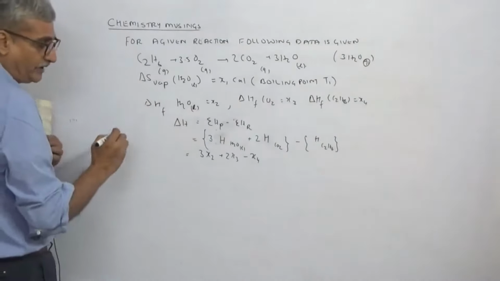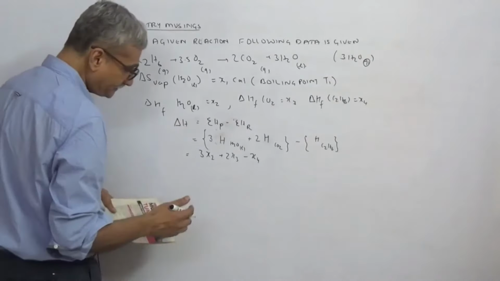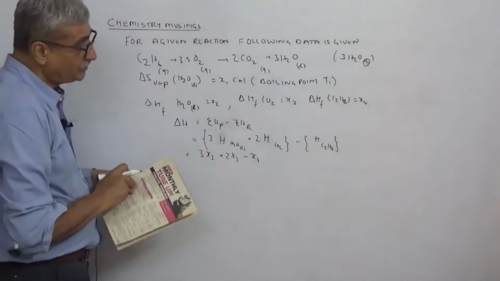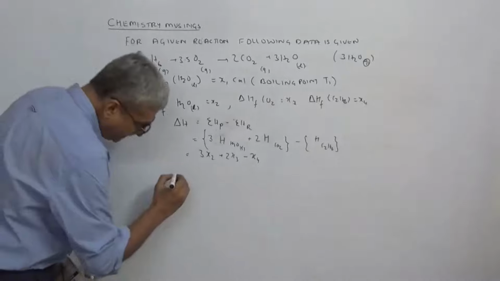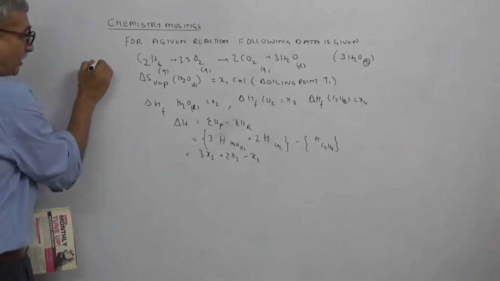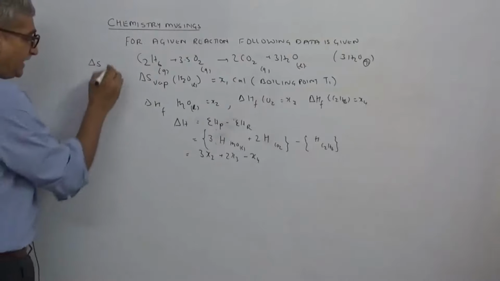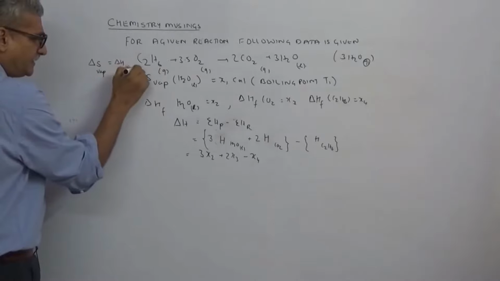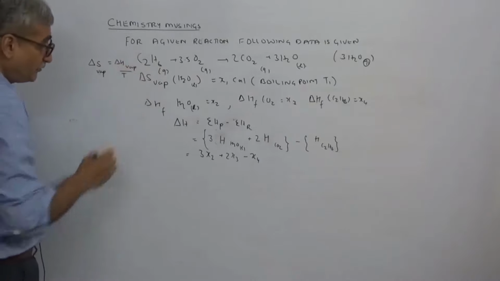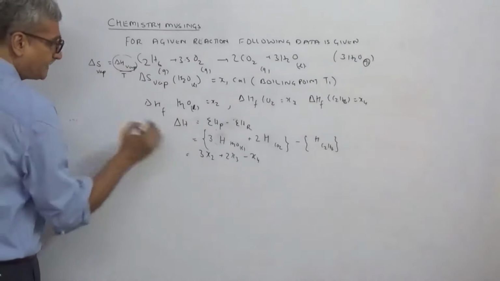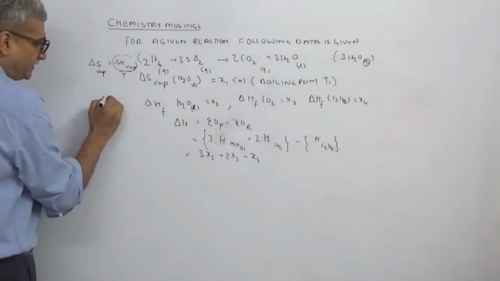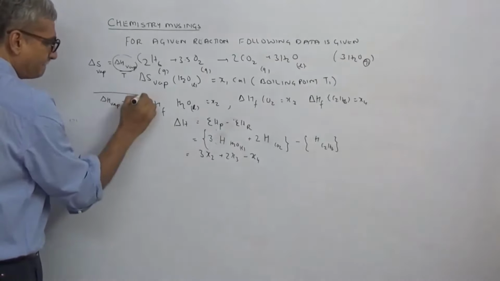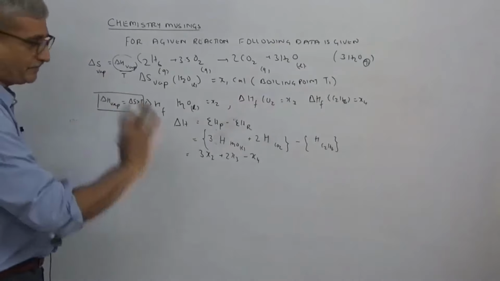So we have one more piece of data, that is delta S vaporization. How do we get delta H? See, look how they are calculating. Delta S vaporization is delta H vaporization upon T. So we have to add the delta H vaporization also to this. Cross multiplying, we get delta H vaporization equal to delta S into T. So remember how they have combined enthalpy and entropy.